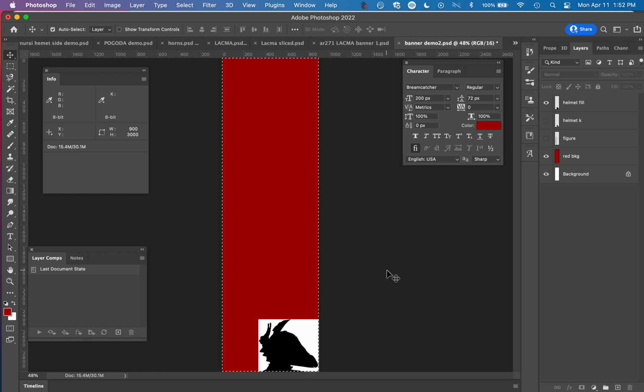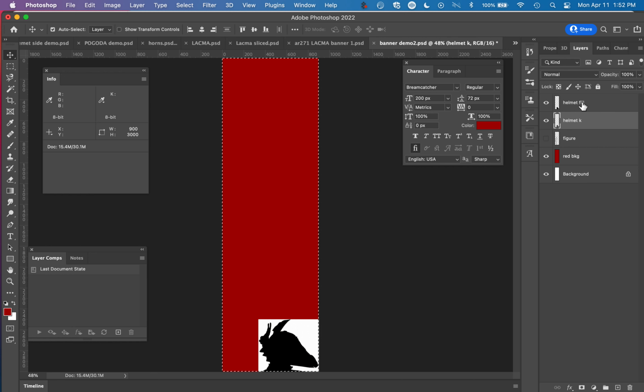So step number 1, 104, is I want to have those helmets. First, I need to size them. This is a 300 DPI. I know I can bring this up to twice the size if I need to. So what I'm going to do is I'm going to grab the helmet K, shift click, helmet fill,